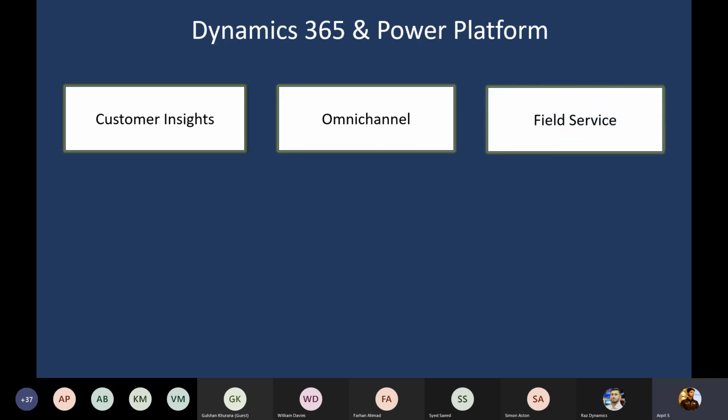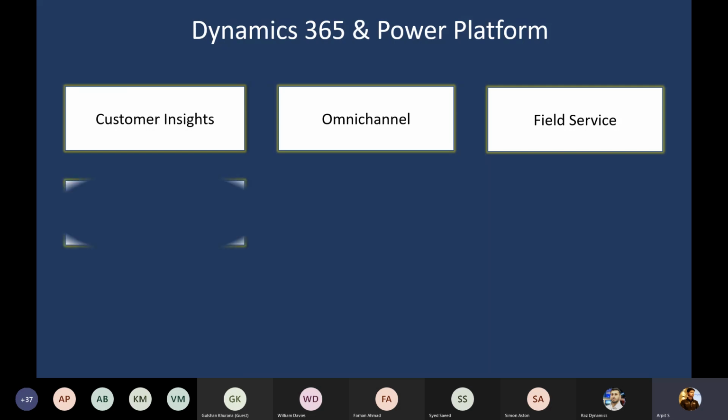We have Field Service. We often need to provide services to the customer at the field or their site level, right? For that purpose, we have the Field Service module available. We have a Field Service mobile app available. We have work order management available in Dynamics 365. So without writing a lot of code in your system, you can simply streamline your customer service process in the field as well.